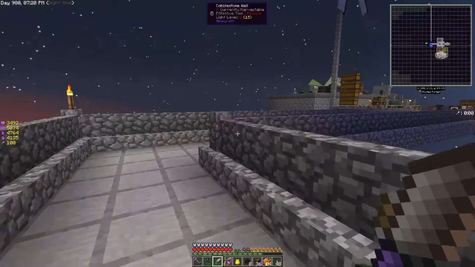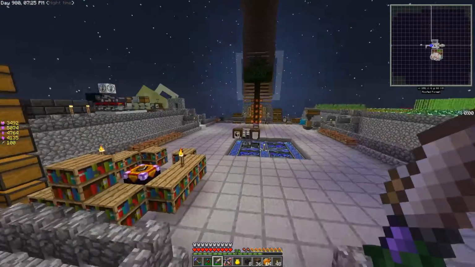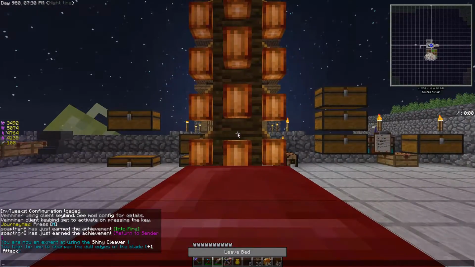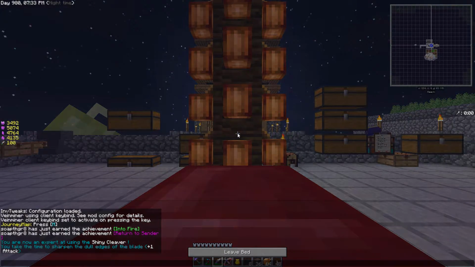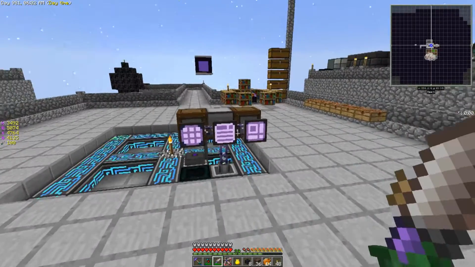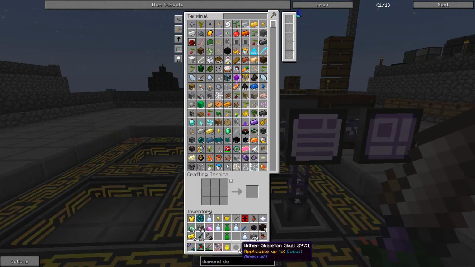So not too shabby. But we will make the wither skeleton seeds right now so we can start growing wither skeleton skulls. And I guess we need to get a spawner set up for these as well, because Draconic Evolution does require a lot of nether stars. And they're just nice to have. But let's see if we can just throw...